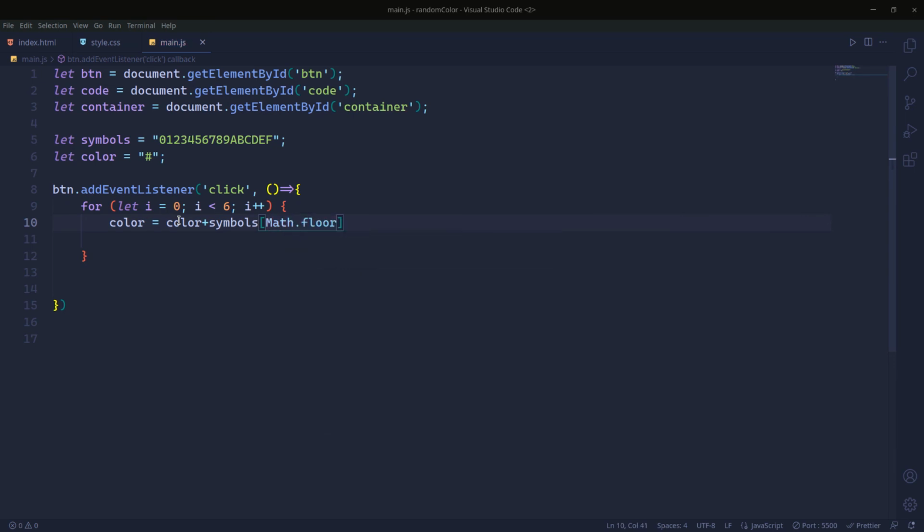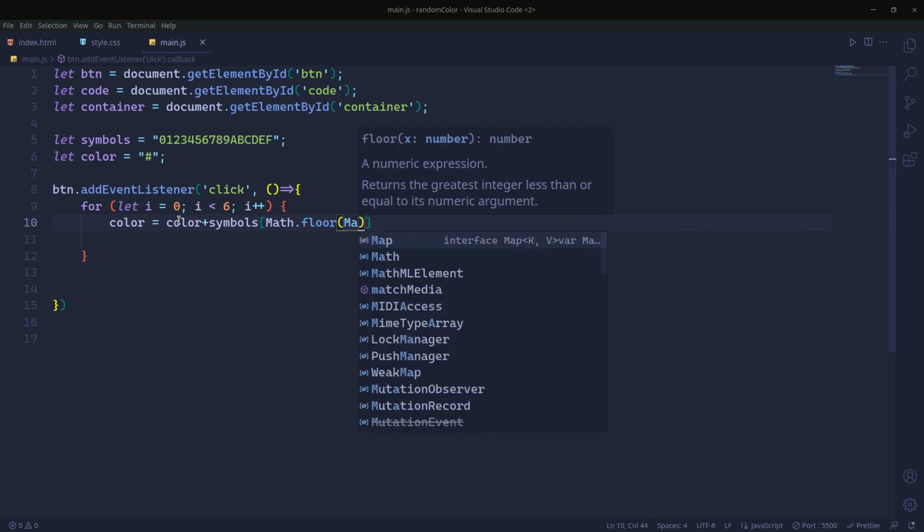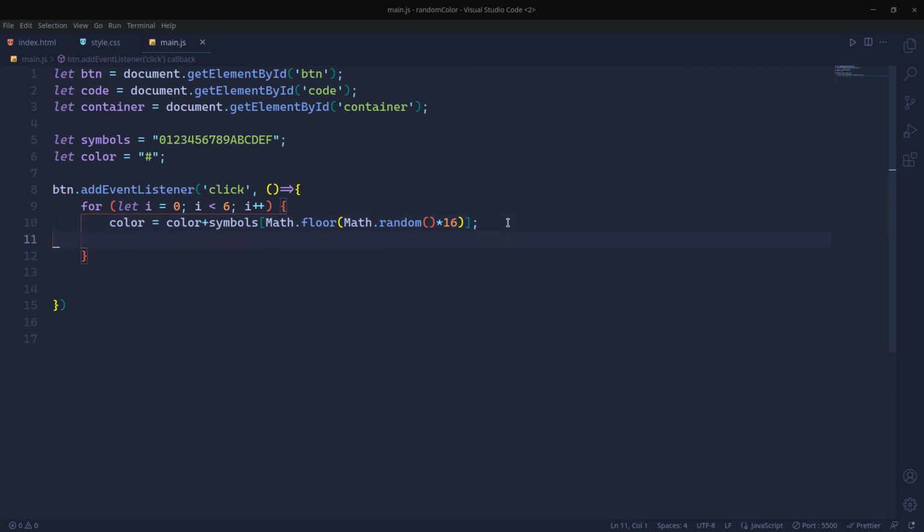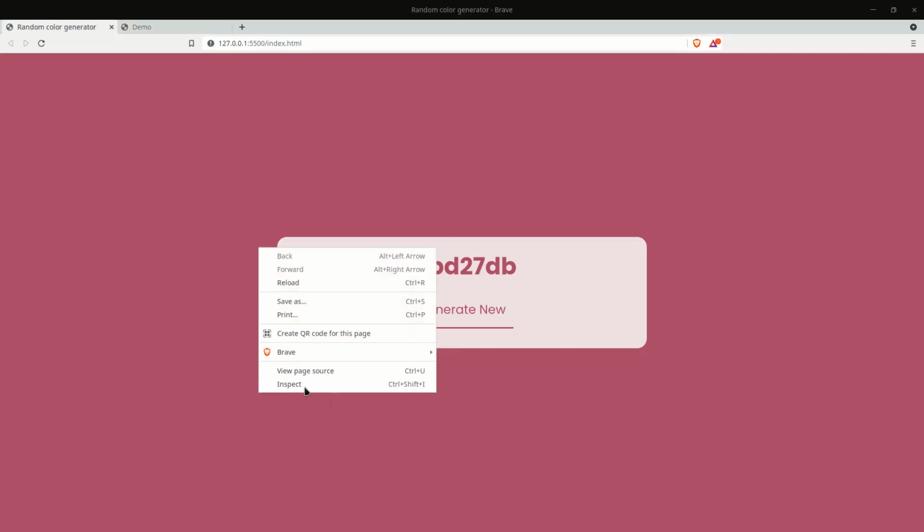and again Math.random for generating some random values and multiply with 16, because the length of this string is 16, that's why I multiplied this by 16. So अब यहाँ पर क्या होगा कि ये जो हमारा लूप है वो 6 बार चलेगा. ठीक है, हर बार वो एक नई वैल्यू जनरेट करेगा इस स्ट्रिंग में से, और इसके अंदर हम क्या करेंगे, उसको कलर के अंदर स्टोर करवा देंगे. If I log this color,